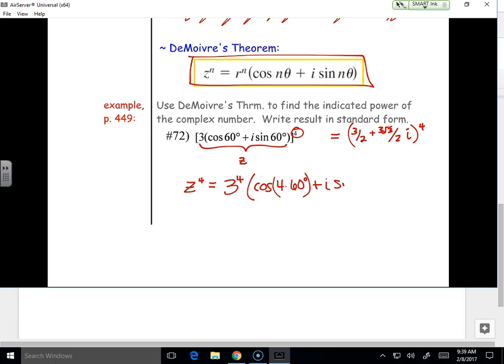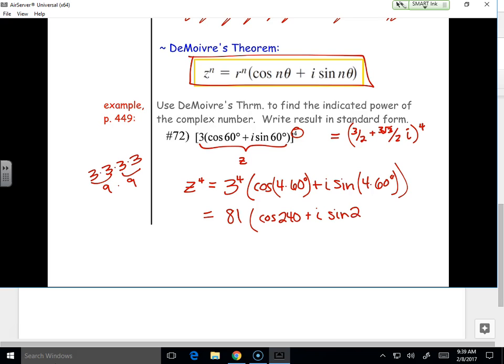So we have i sine of 4 times 60. We end up with, what's 3 to the 4th? Oh, come on, mental mathers. Isn't that just 9 times 9? 81. So yeah. Right? Cosine of 240 plus i sine of 240. And with one quick plugging in, not having to do any FOILing whatsoever,